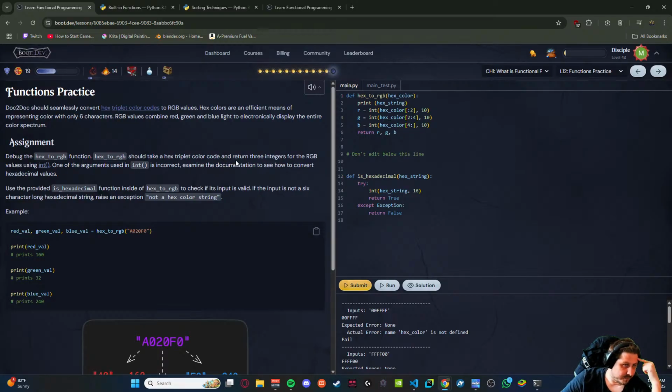Color code and return 3 integers. All the arguments used in int is incorrect. Examine documentation to see how to convert hexadecimal values.